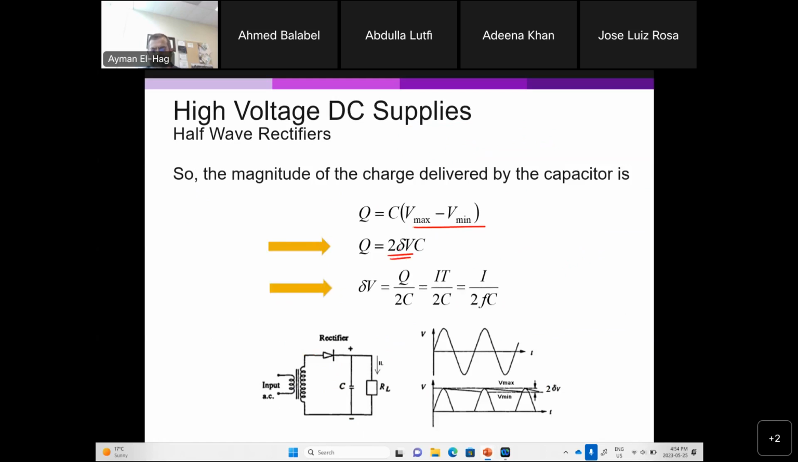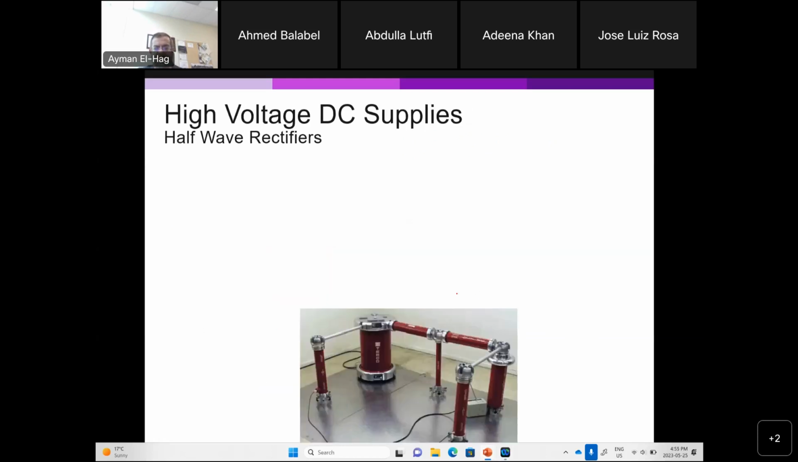Now, your delta V is equal to Q over 2C, and we know that the Q is equal to the IT. So your delta V is basically equal to I, the current that's supplied by your generator, divided by 2 times the frequency times the capacitance. And then here, this is the